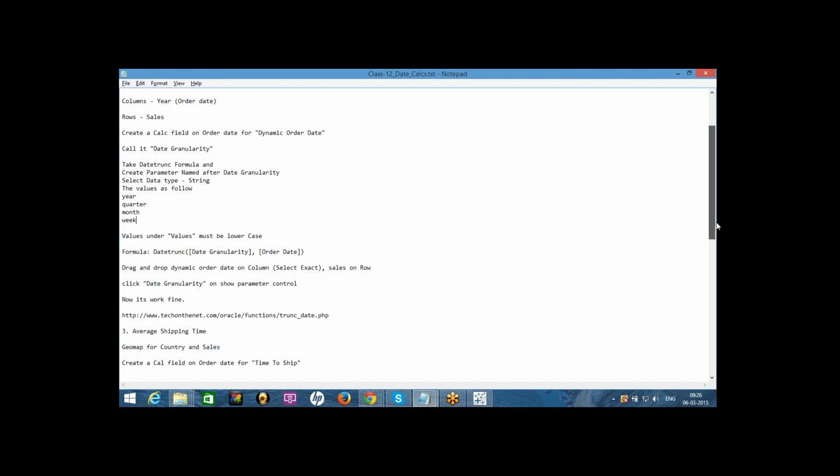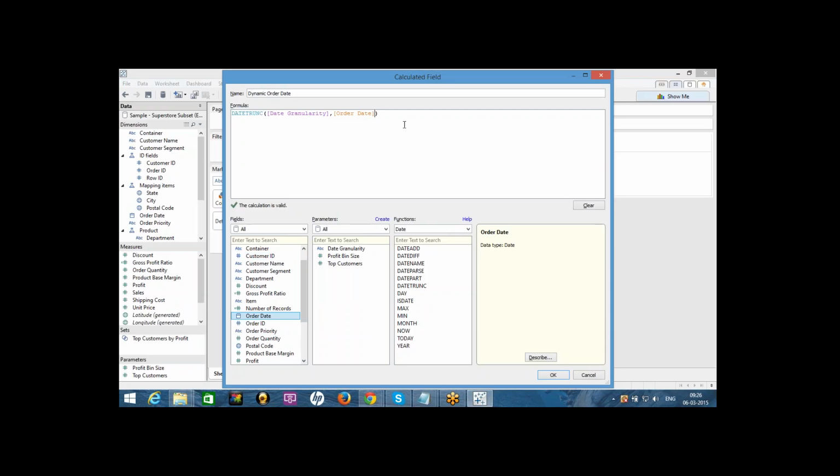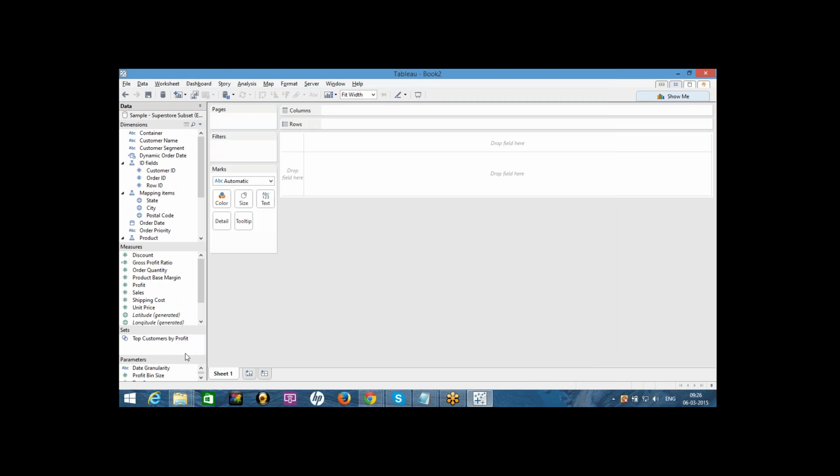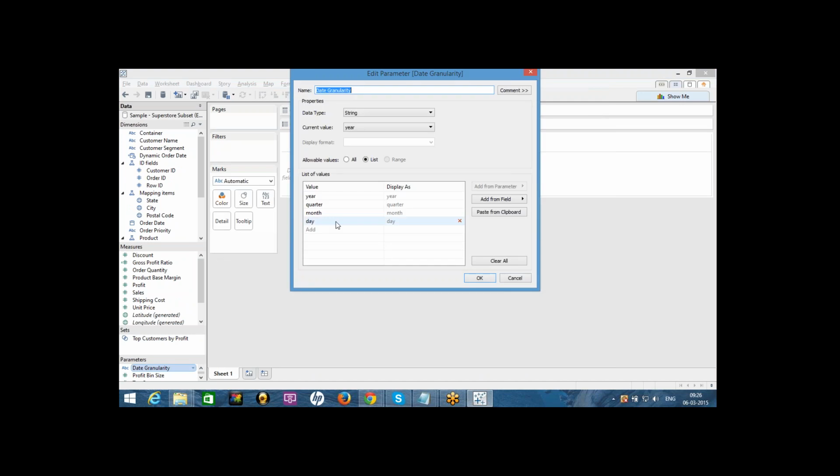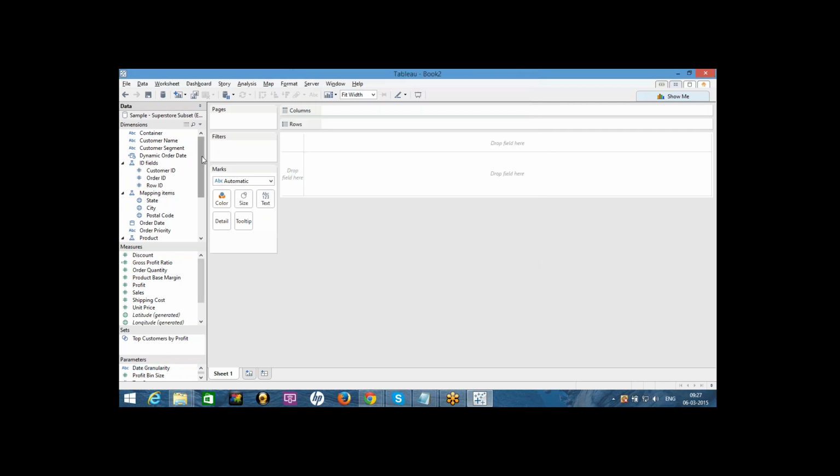The formula is date granularity and order date. Click on it and go to here. Let us have a week.